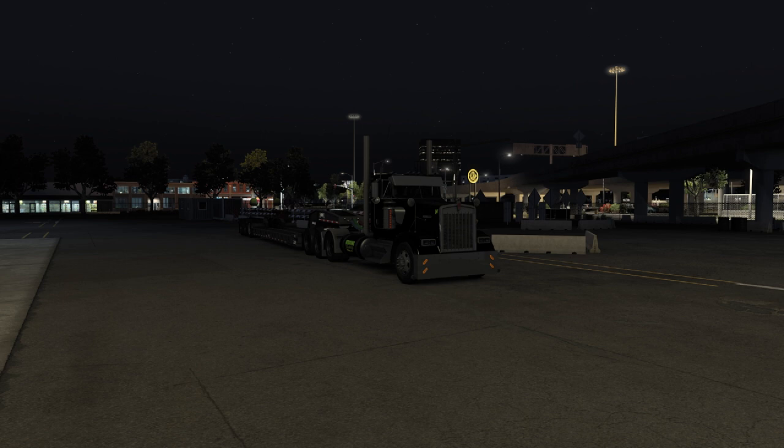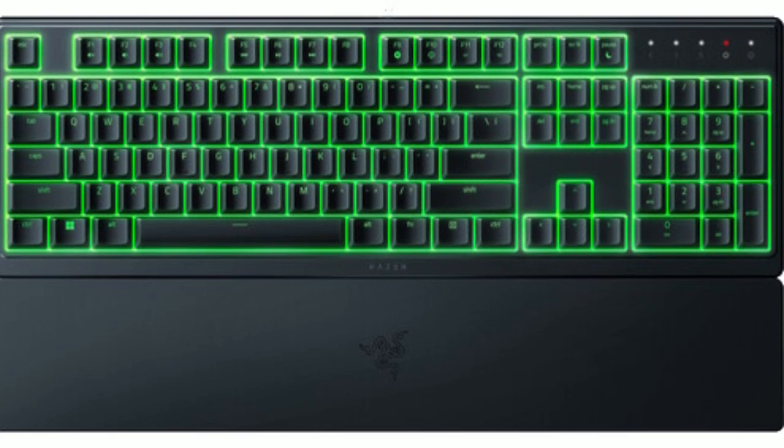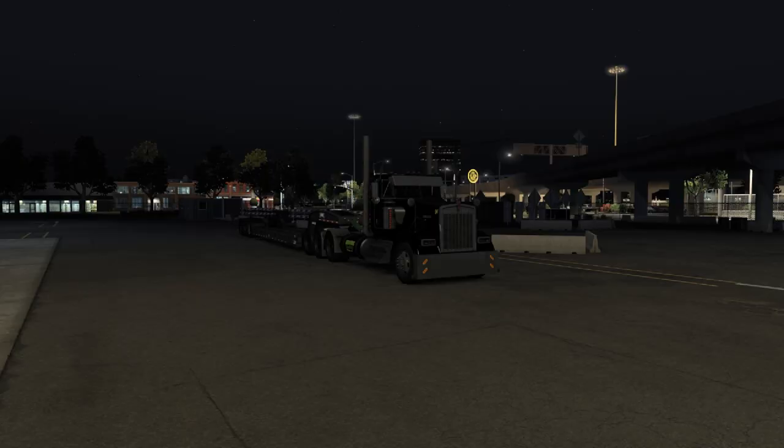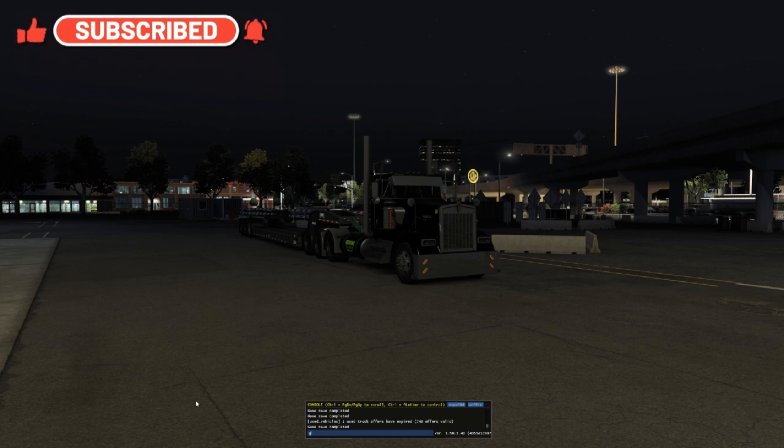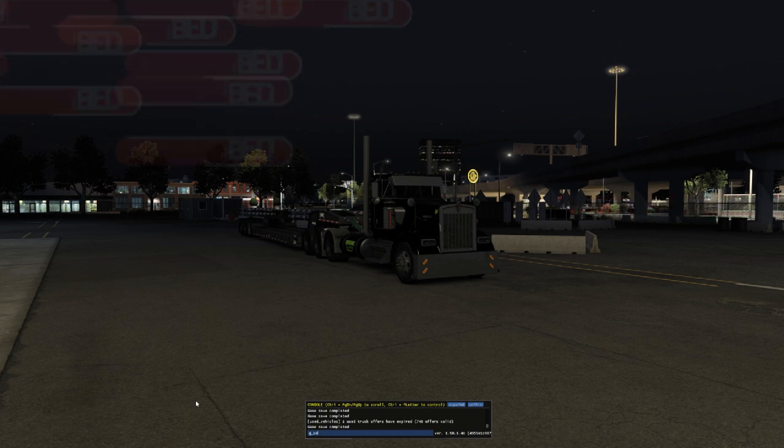Alright, so now what we're going to want to do is hit the key that is called the tilde key. That is located in the top left of your keyboard, right underneath the escape key, as you can see here. We'll hit that button, and that will bring up the command box here. Within here is where everything opens up that the game allows you to change. One of the big ones that I use is changing the time of day. So in here, you'll type